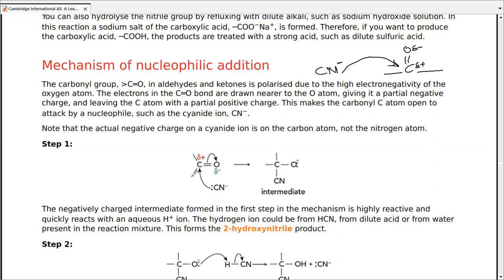And that's exactly what happens in step one. So the CN negative is able to attack it. Take a look, it's negatively charged, or it has a lone pair. Both of them are shown to give a clearer idea, because this tends to keep one electron from HCN. That's why I was saying that the HCN itself is broken down into two parts, H positive and CN negative. Since this CN is negative because it tends to keep the electron from hydrogen, that's why this lone pair,